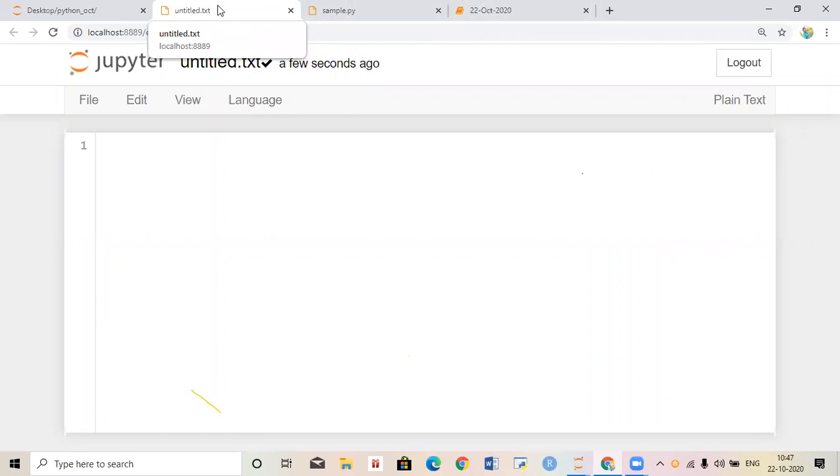Now I want to implement one module in the same location, that's why we are taking the same location. I created one Python file. Now in this I want to write something.